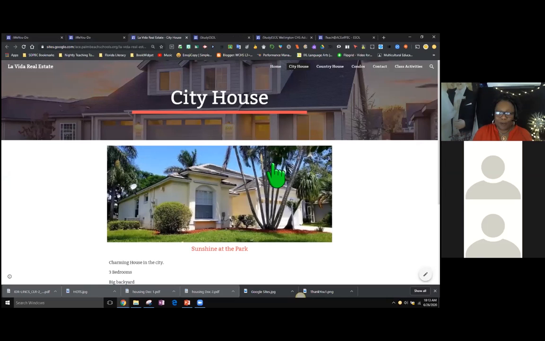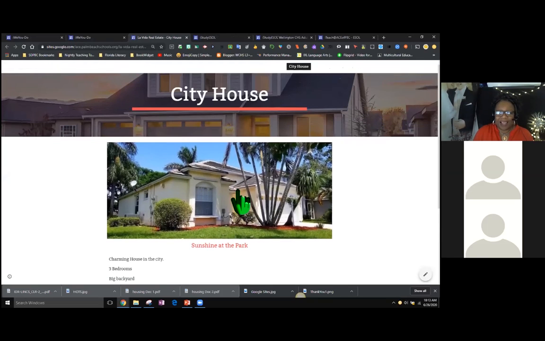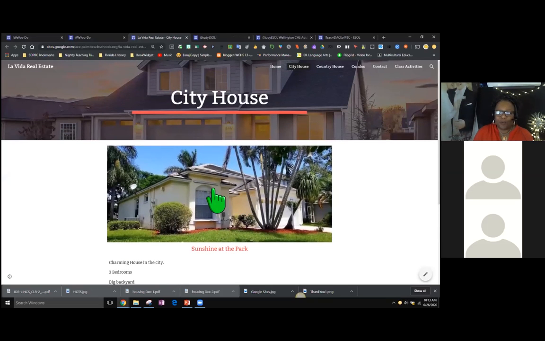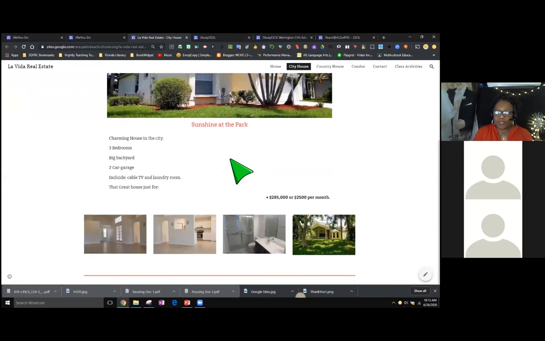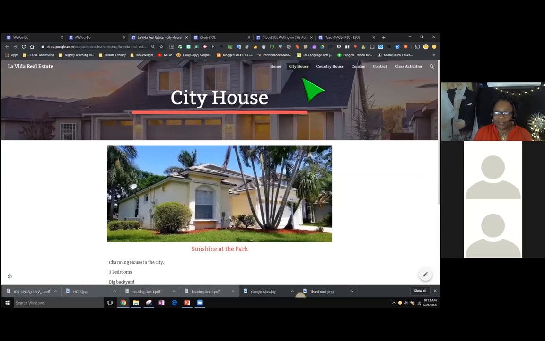Here is another example of a Google site, and this was the project-based learning activity. This is the result of student work, actually. A teacher assigned a project, and one of the things that they needed to do was create a website as an end product. They were doing the unit on housing, and so this was actually created by students. So now we're really activating the higher order thinking skills, because they have to come up with ideas and solutions and work together in teams to create this artifact.